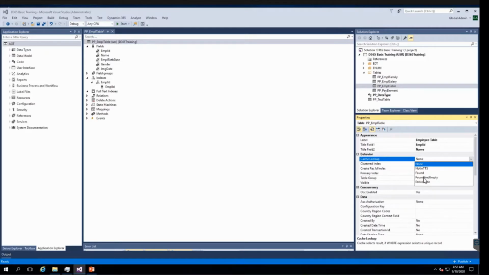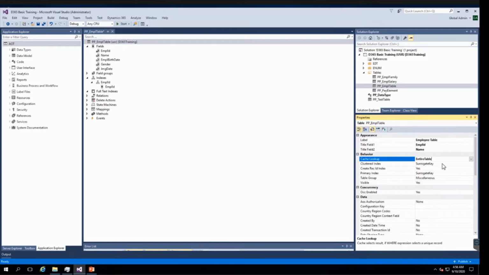All selects on caching keys are cached. So all the selects will be cached in this, whether the data exists or does not exist. So for both, this is the advantage here. Here we can cache the records which are not found in our select query. So these are the options available here. Now for this table we will select the entire table.